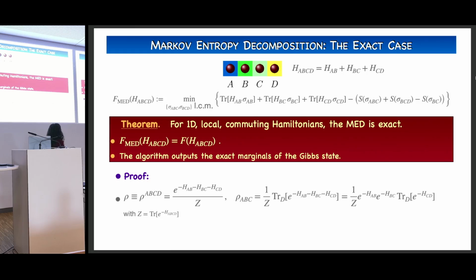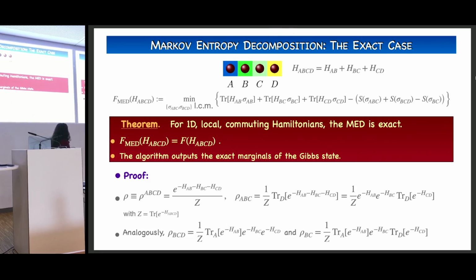I consider the Gibbs state, which is now the exponential of minus the sum of the Hamiltonian terms that we have here over the partition function. And now, since I want to have the marginal of this state in ABC, I trace out the part in D. However, remember that I'm assuming that the Hamiltonian is commuting. This essentially means that I can rewrite this by taking out these two parts, so the exponential splits. I can take out the part in AB and the part in BC, and I only have here the part in D. So I have the partial trace in D of the last factor in CD. Then, of course, I can do exactly the same thing for the marginal rho BCD and the marginal in BC. And I have these three expressions here, okay?